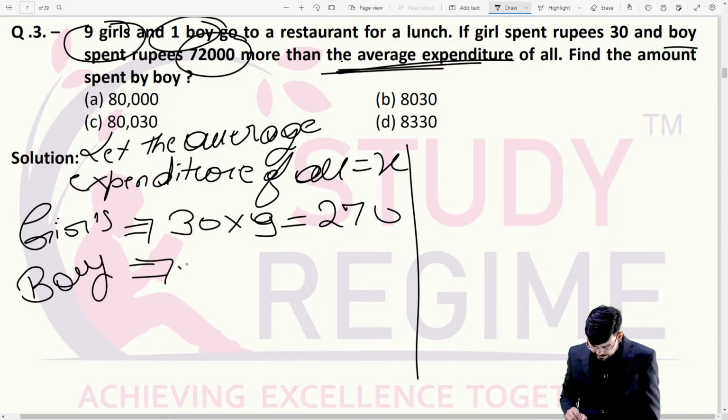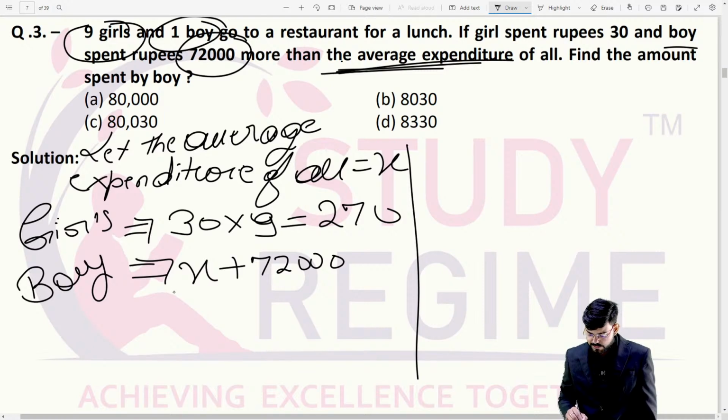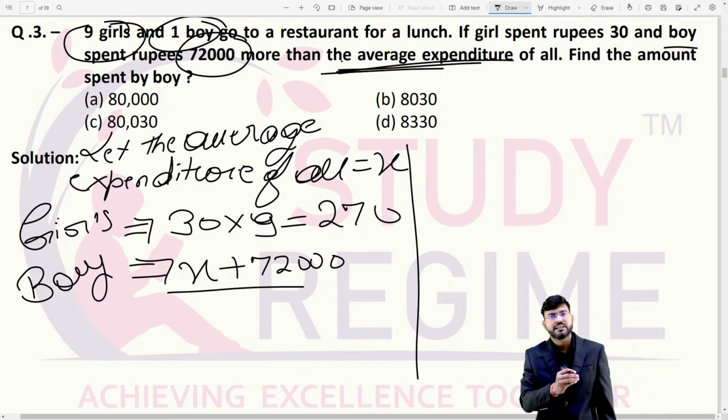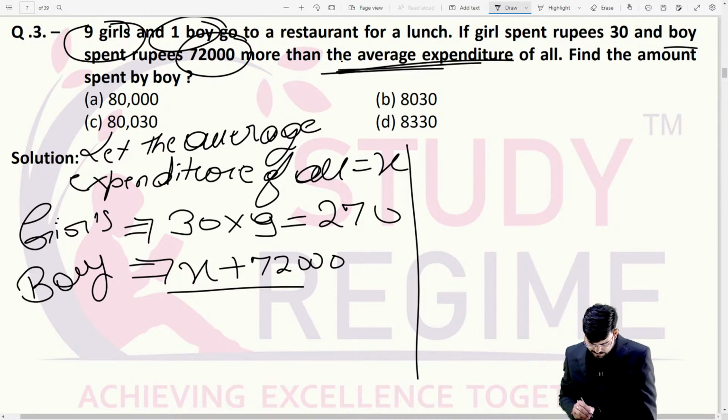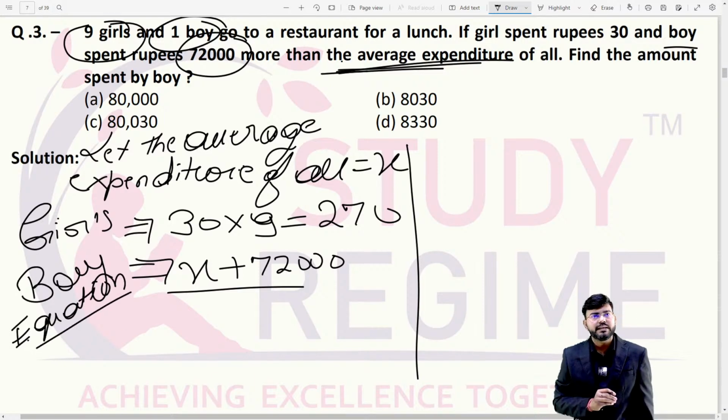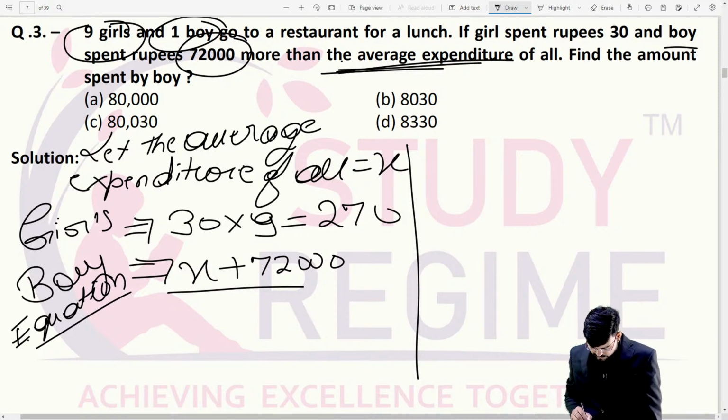The boy is spending the average expenditure plus 72,000 rupees more. So in an equation form we can write like this. We know the formula for the average. The average expenditure we have calculated as X. So you can write over here